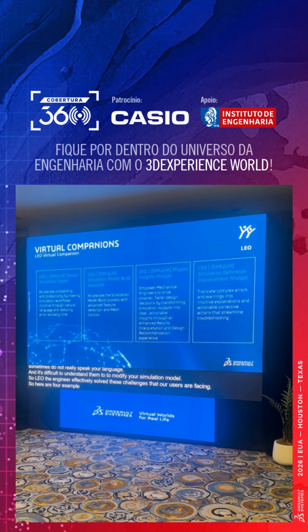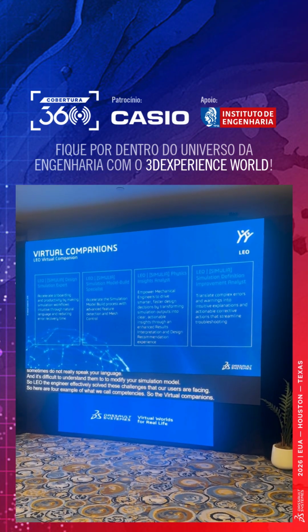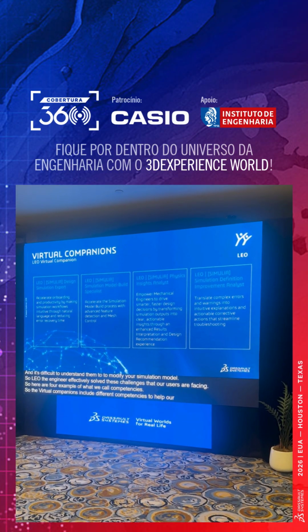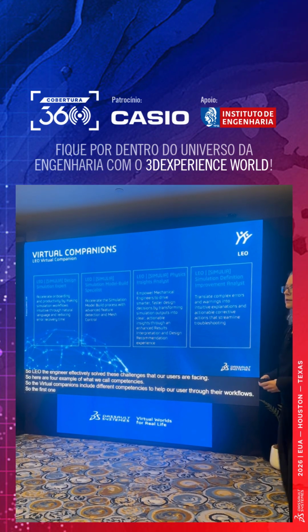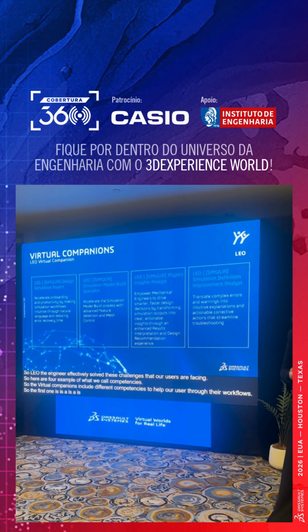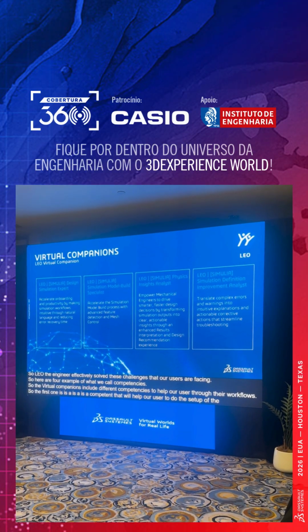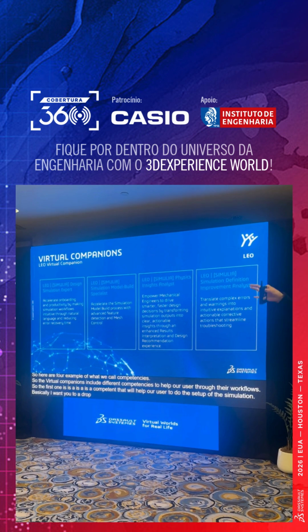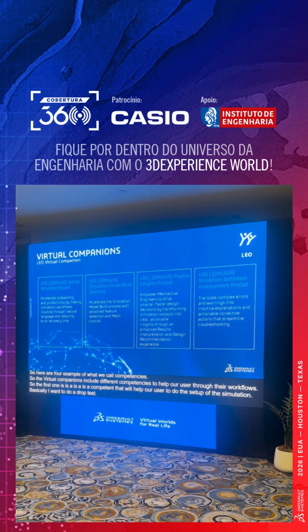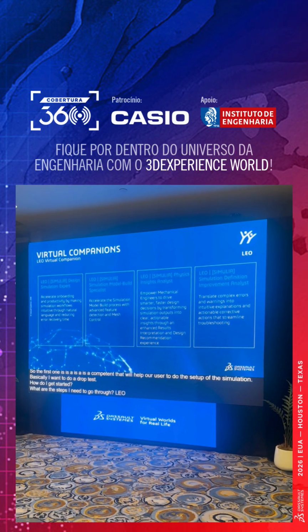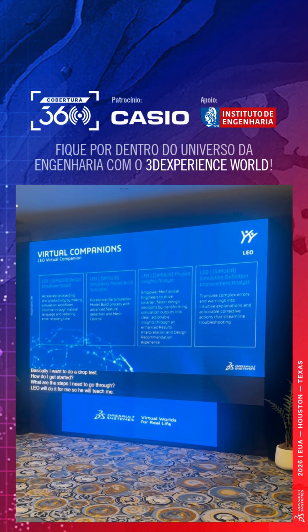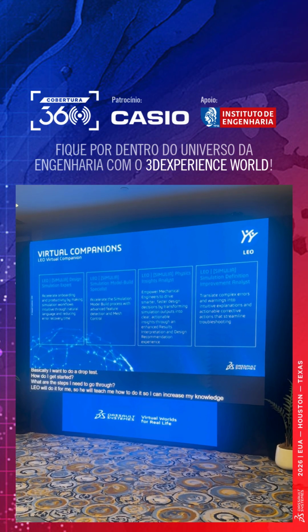Example of what we call competencies. So the virtual companion includes different competencies to help our user through their workflows. The first one is a competence that will help our user to do the setup of the simulation. Basically, I want to do a drop test. How do I get started? What are the steps I need to go through? Leo will do it for me. So he will teach me how to do it, so I can increase my knowledge and become more knowledgeable, but he will